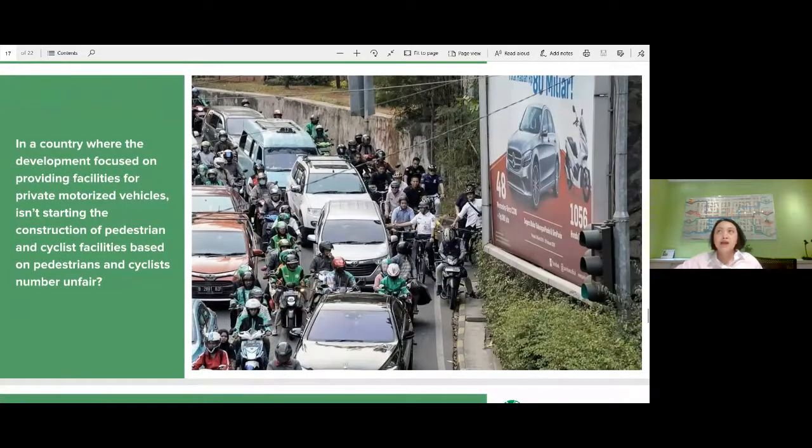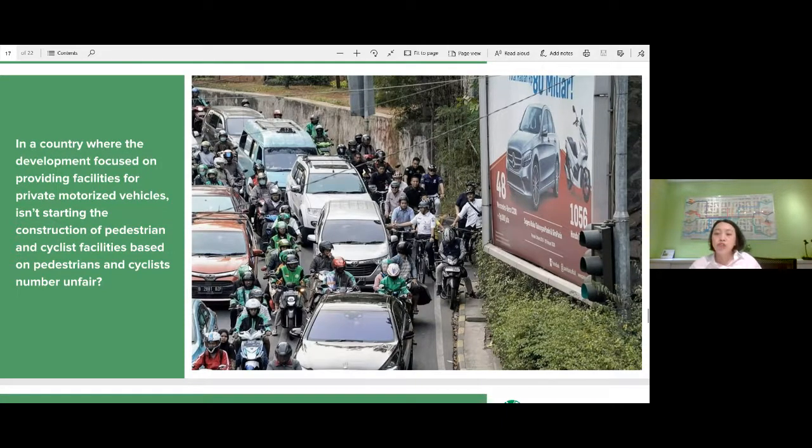This is actually my curious statement: in a country where development focuses on providing facilities for private motorized vehicles, it isn't fair to start the construction of pedestrian and cyclist facilities based on pedestrian and cyclist numbers.